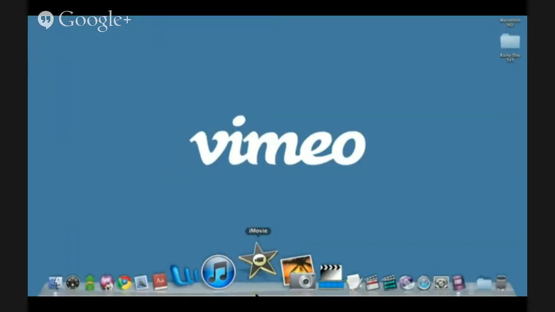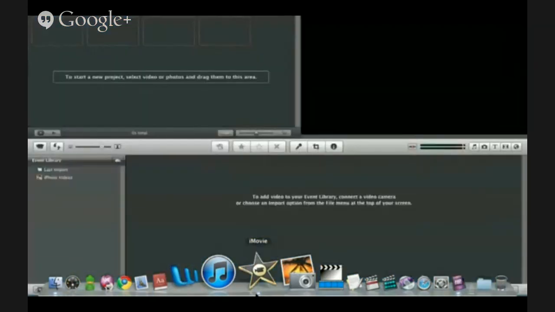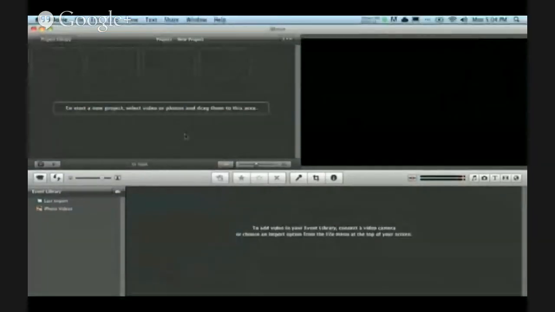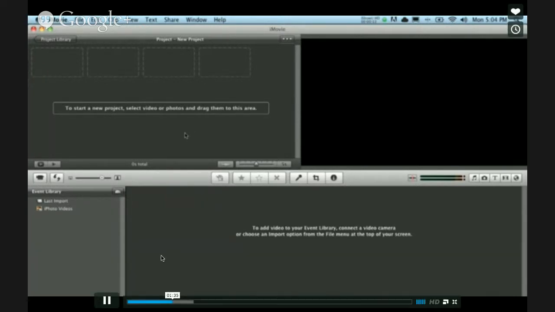iMovie has 3 main windows that you'll be working with. The project library, which is where you will keep your videos when you will be editing, the viewer, which is where you will view the videos as you edit, and the timeline, which is where you will be making the edits to the video. Once we open iMovie, we are going to go up to File,